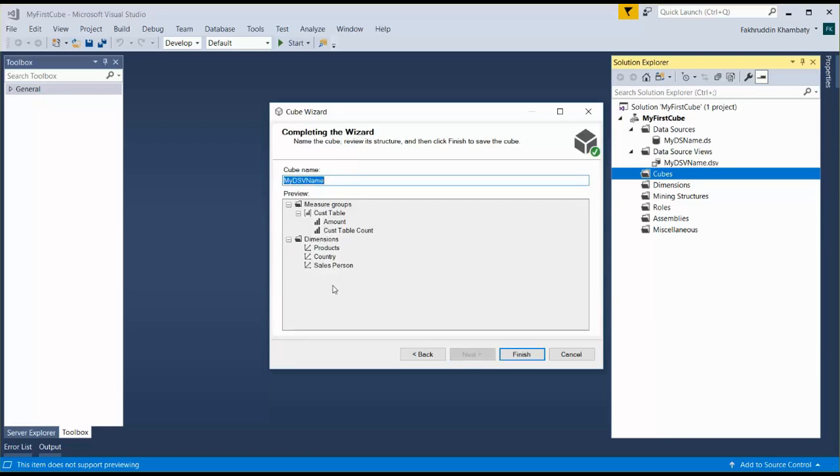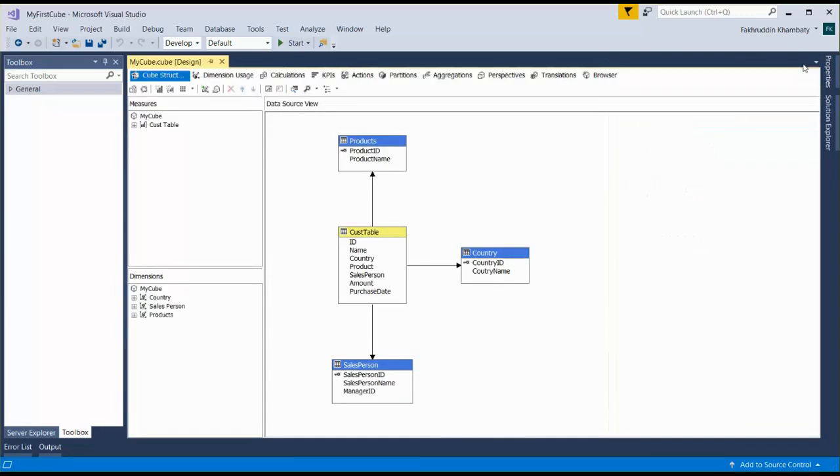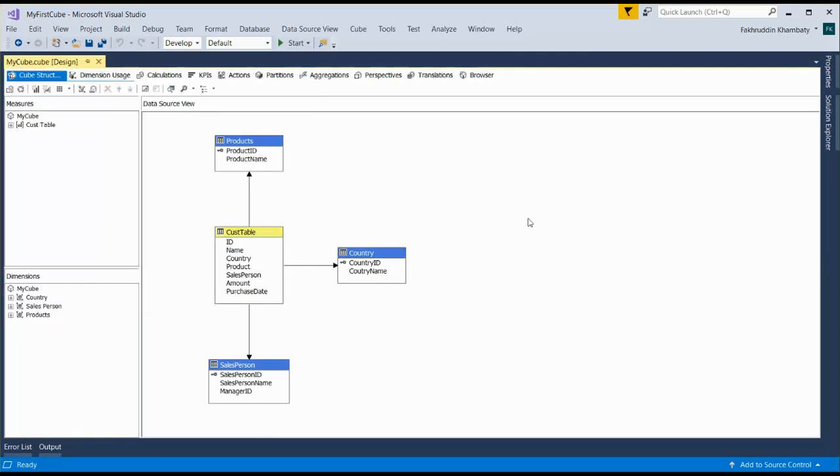I'll give a good name over here, my cube, and click on finish. Now look at this, but I'm going to just make Solution Explorer disappear. I don't need the toolbox right now. I don't need this also. So look at this window. This is the window which is your playground in SSAS. A lot of things that you see, look at these tabs on the top.